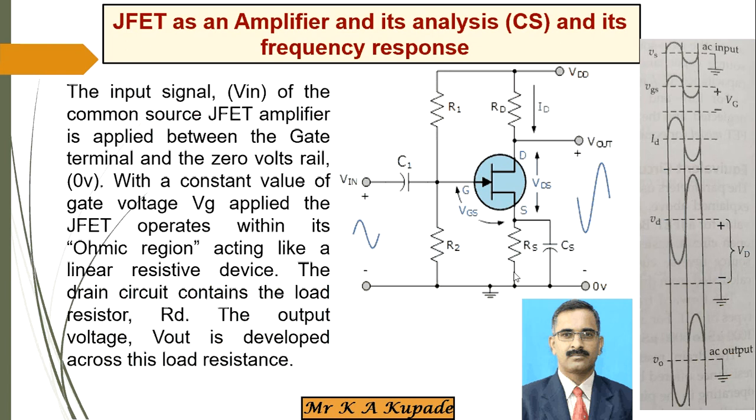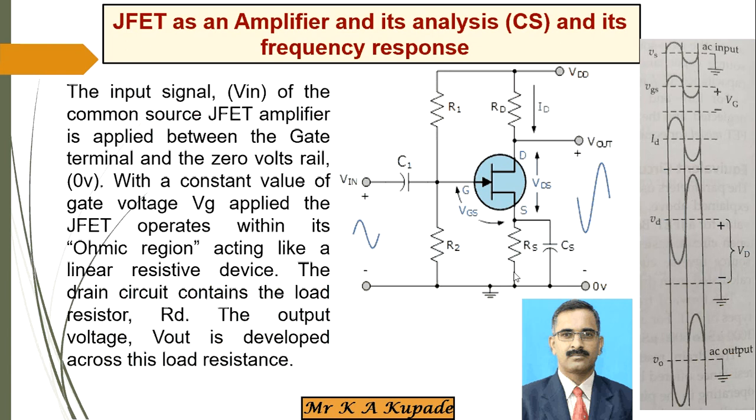In between, we are applying that particular input signal, right? And here, due to the VG voltage at the gate, the ohmic region is acting as a linear resistive device, and that particular ID current is flowing through the drain circuit, which has the load resistance RD. At that point, the output voltage is developed across that particular resistance, that means the output is considered at